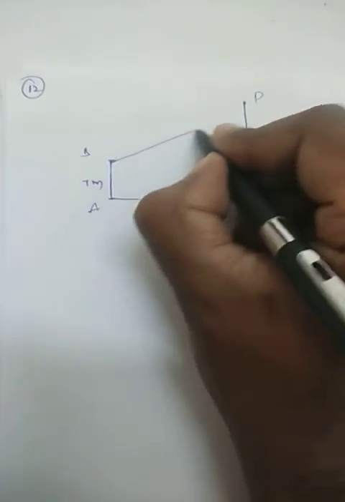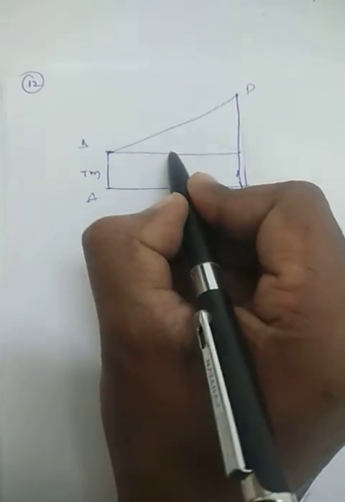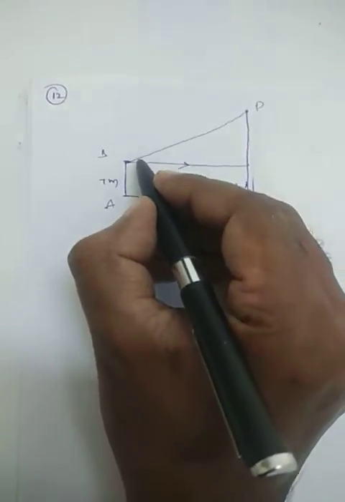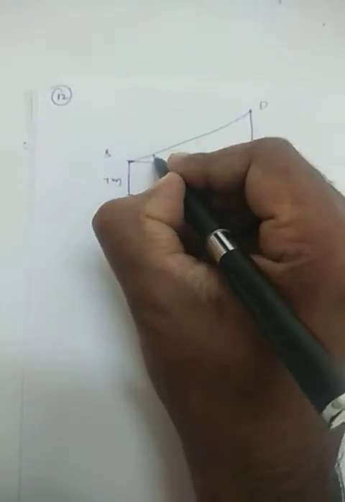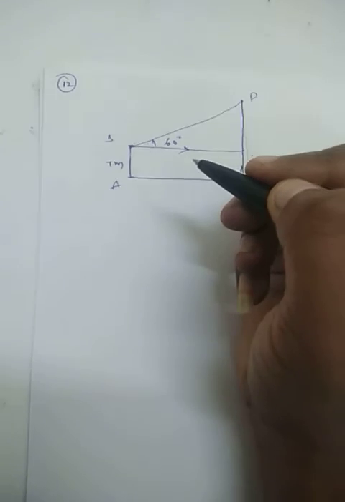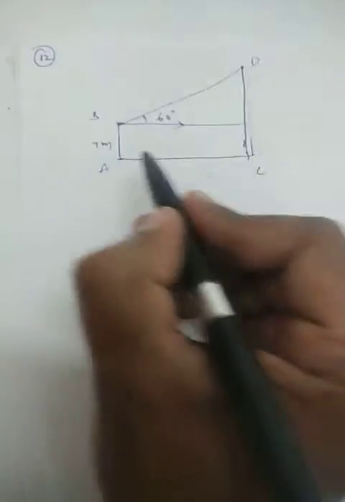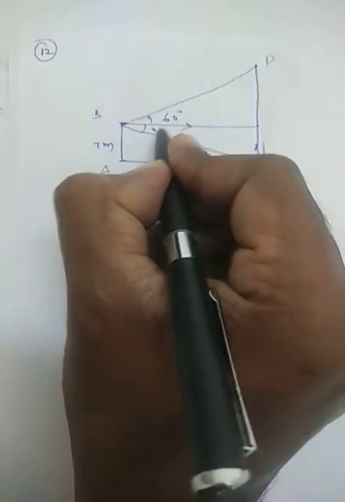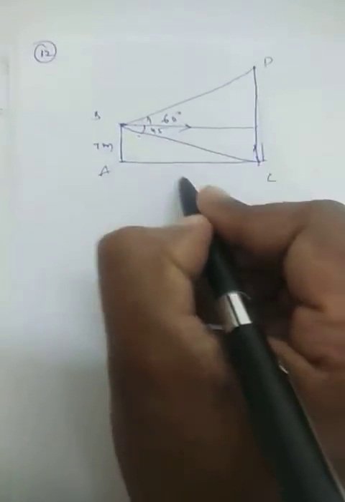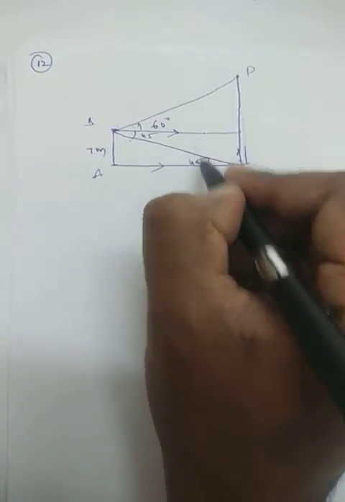Now if you observe like this, the angle of elevation, this is what we call the straight line of sight. That means this is a horizontal line drawn from the eye. This is the line of sight, that means how you are observing. So the angle of elevation here is 60 degrees. Next, they have given the angle of depression of the foot. This is the depression of the foot, and this is 45 degrees. Depression means from here to here. Obviously, this horizontal line and earth are parallel to each other. This will be 45. Since these two lines are parallel, these two will become alternate angles.